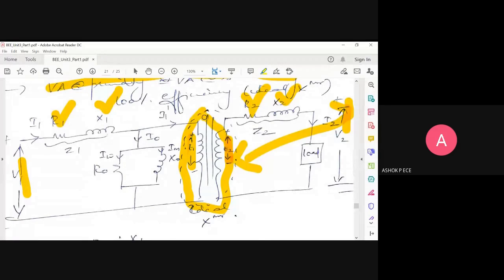See, whatever comes in shunt or in parallel, that is for no load. Whatever comes in series will always be there, permanently in your transformer. So the R1 X1 series circuit will be there for all conditions, and R0 X0 will be active only for no load condition. When the load is there, this current I0 is going to be very minimal. It's not going to dominate that much in the working of your transformer.